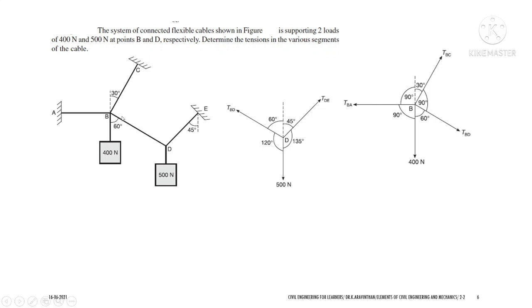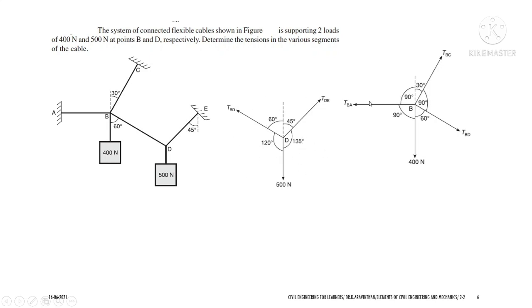If this is 60 degree from the point B, from the vertical, the opposite angle of this line will be 60 degree. So this is how this became 60 degree, and if this is 60, the total angle will be 180. So 180 minus 60 will be 120. Now you got all the angles at this equation.